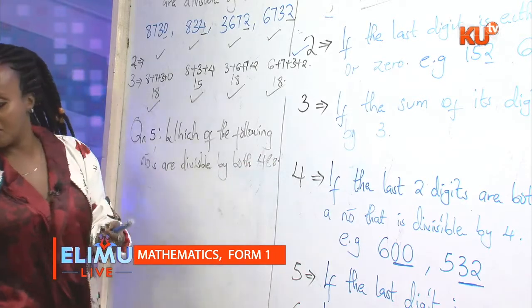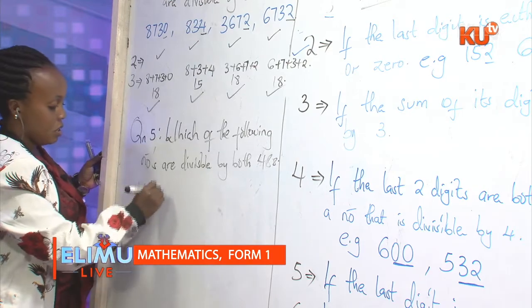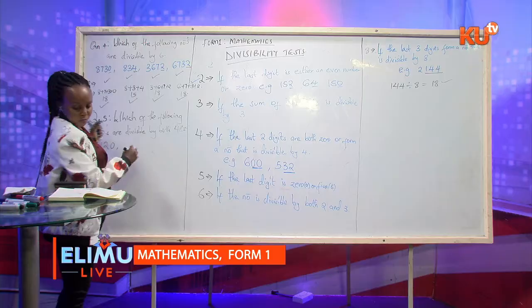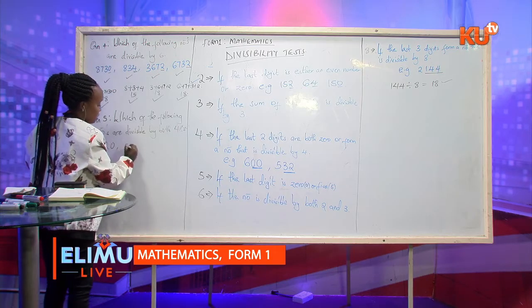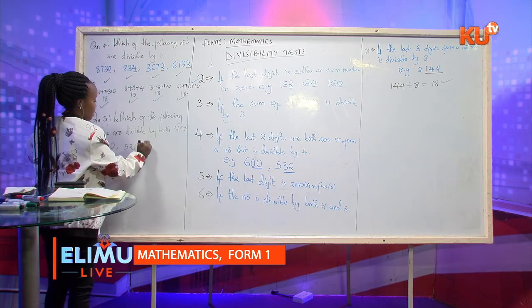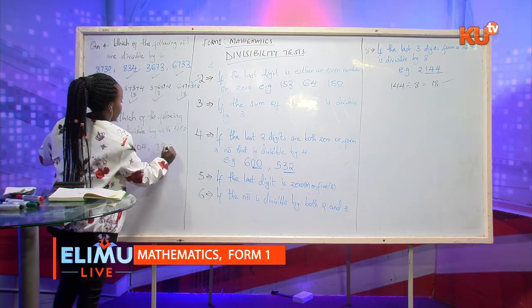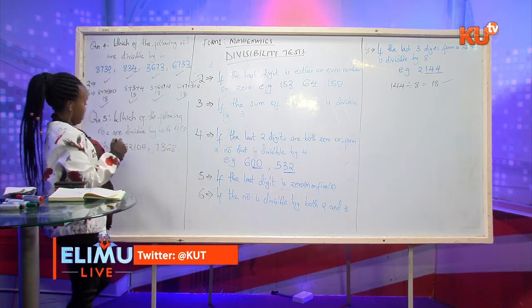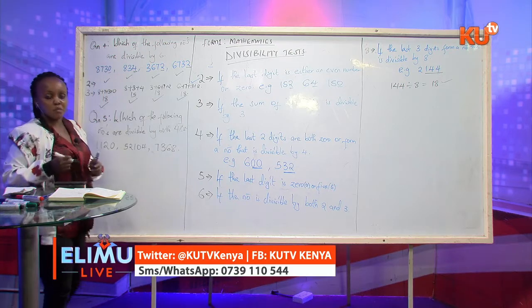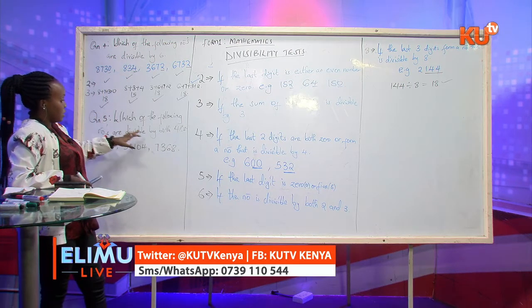Our numbers are 1120, 52,104, and lastly 7,368. The examiner is testing us if we know the divisibility test for both